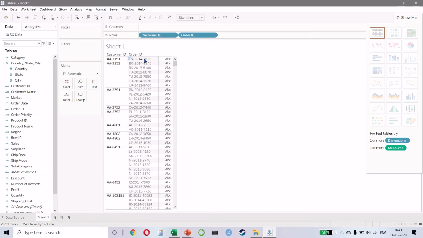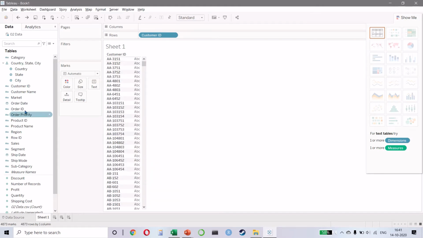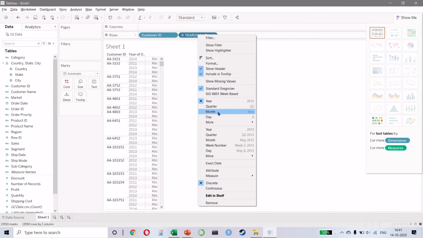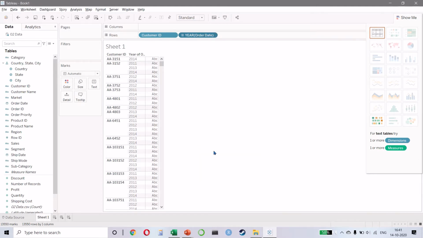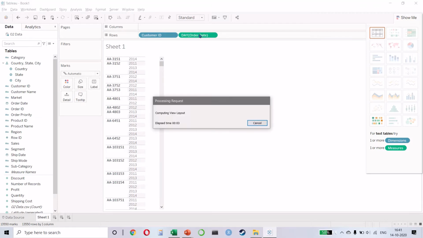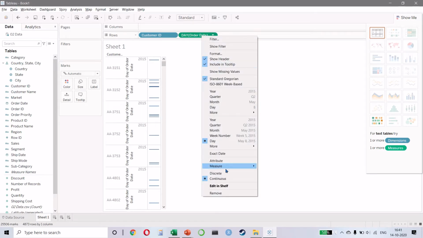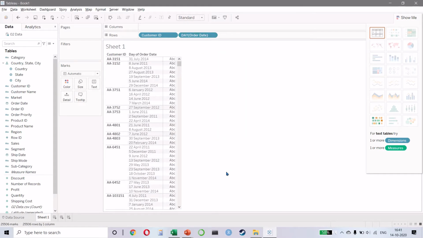So you notice that we want to keep the day here. So that would be the order date, and let's change it into the day. And let's make sure that we are showing this as a discrete value.